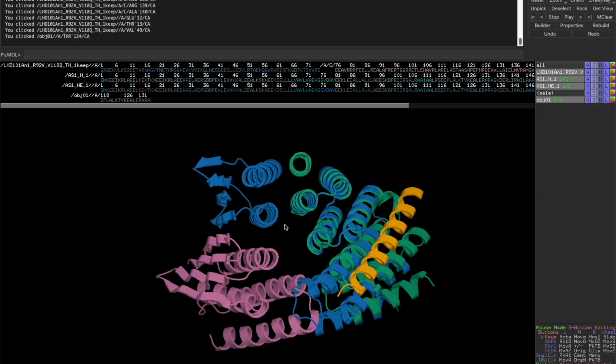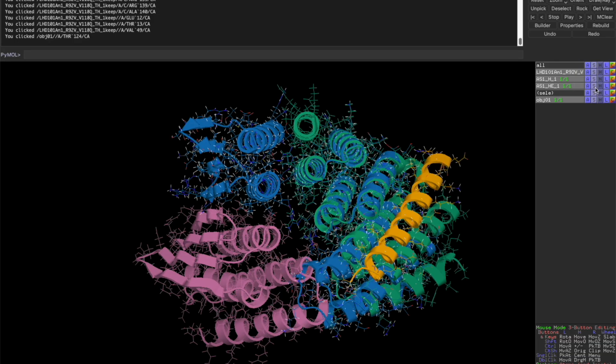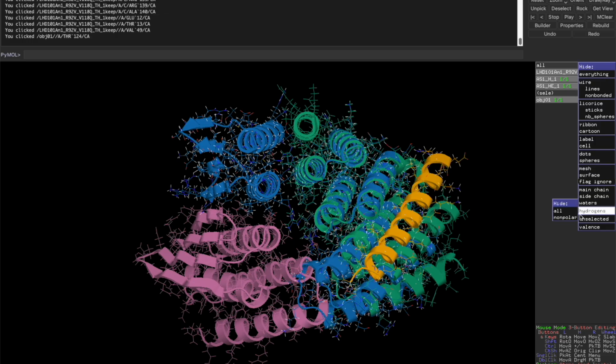That looks all right to me. Let's do a bit more refinement here. I'm going to show lines. This is going to be a bit of a mess,